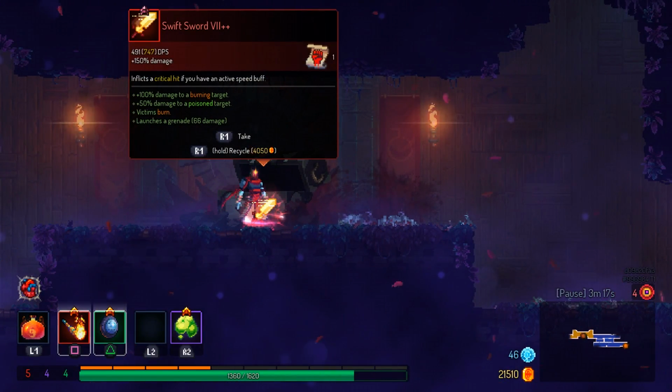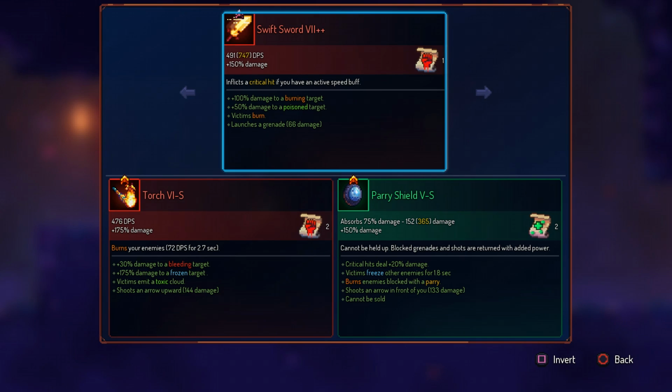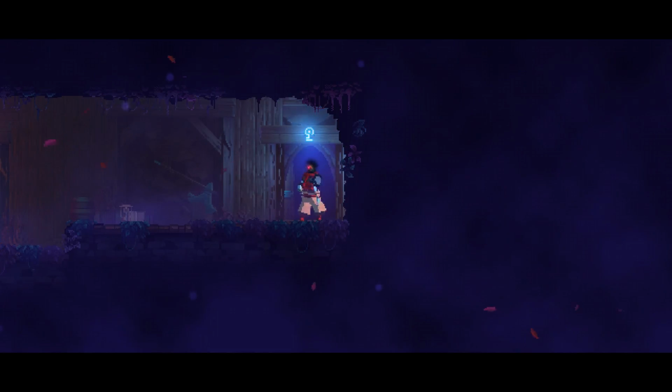This could actually be pretty nice, because I do have Flame Synergy also on the Toxic Cloud, but I think that the Torch is probably going to do me a bit better in the long run. It also comes with 2 Brutality. But, yes, you can kind of see